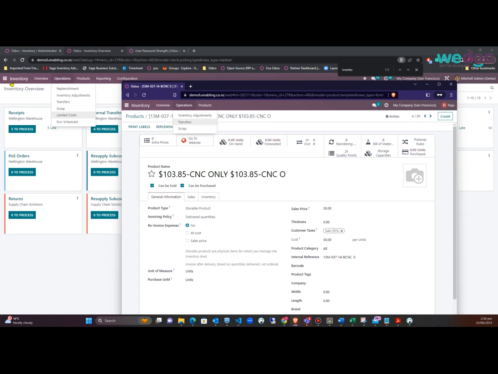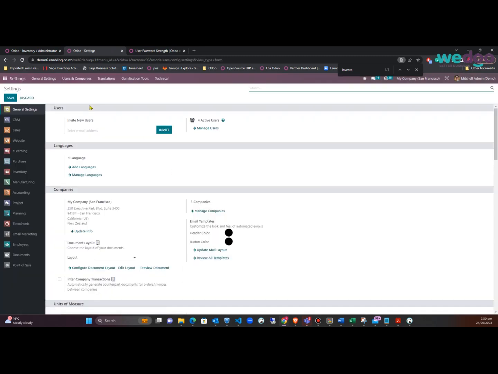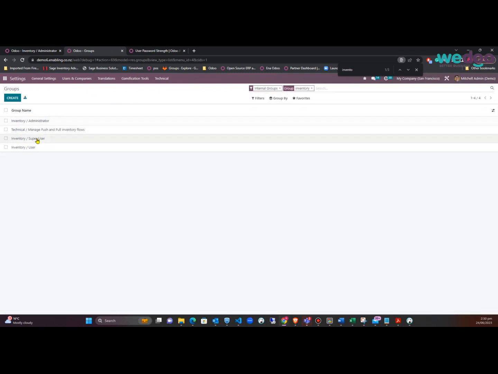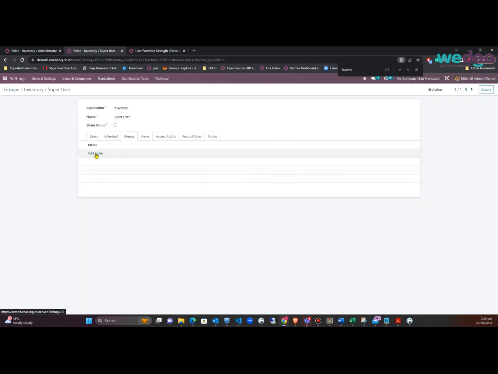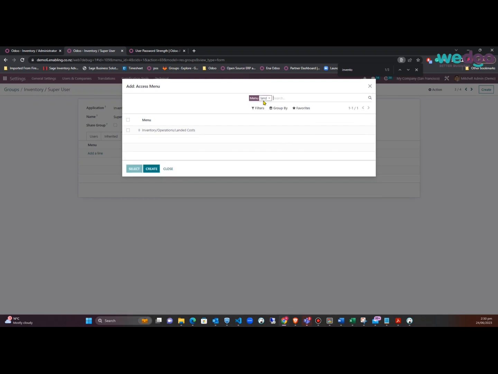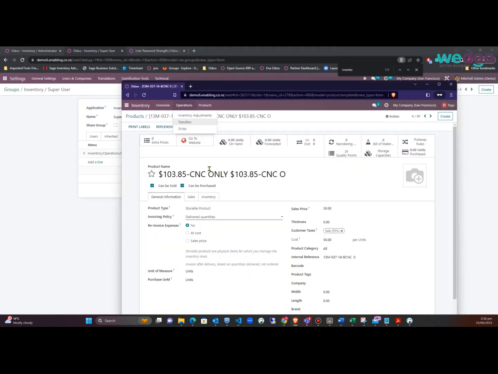So if I go back into my user groups, settings, groups, look for the inventory group, super user. Under here, under menus, I can now come into here and give them additional rights to have landed cost. Right? So if I save this, and if I go into the other login I have created and refresh it,